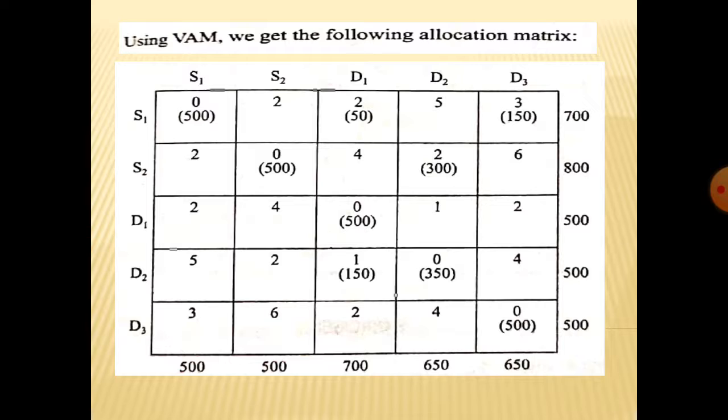And you also have to check: if they ask to find the basic feasible solution by the northwest corner rule, you have to solve by that method only. And if they don't ask, if they have not mentioned the basic feasible solution by any particular method, there is no need to calculate by the northwest corner rule and other methods. You have to solve the problem by the WAM method only.